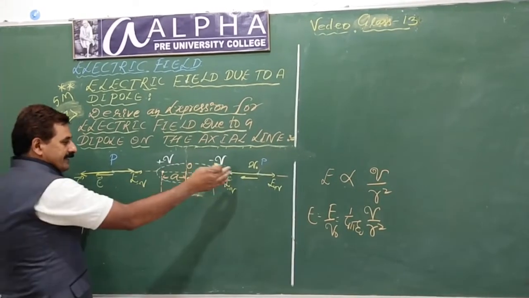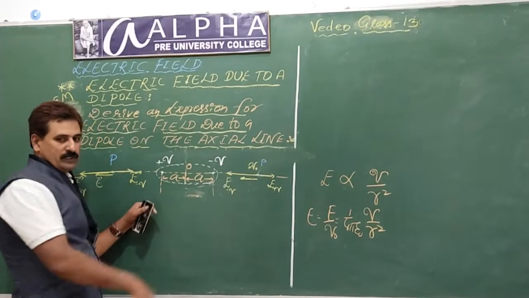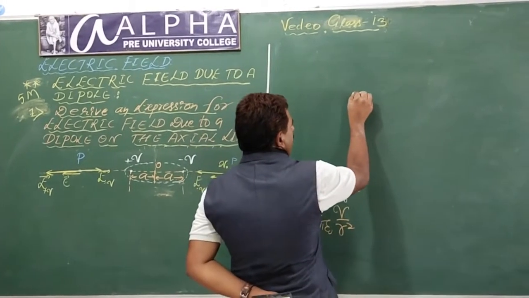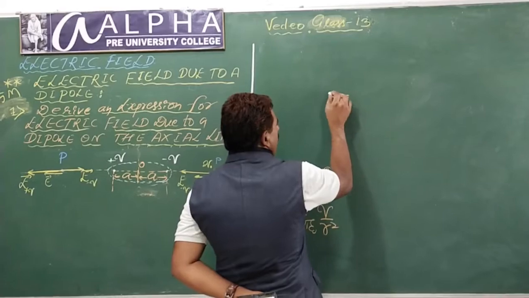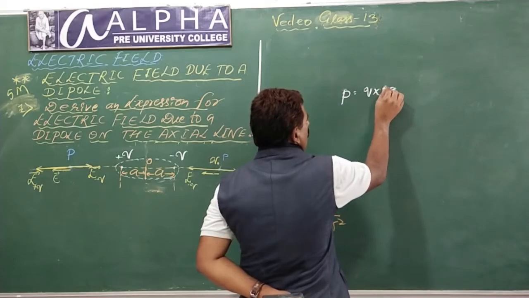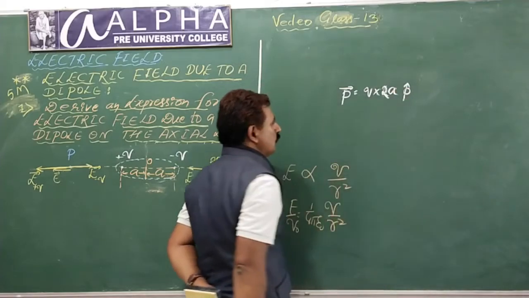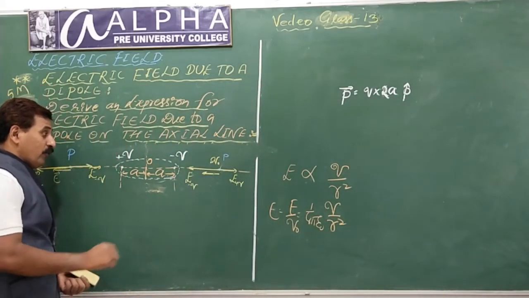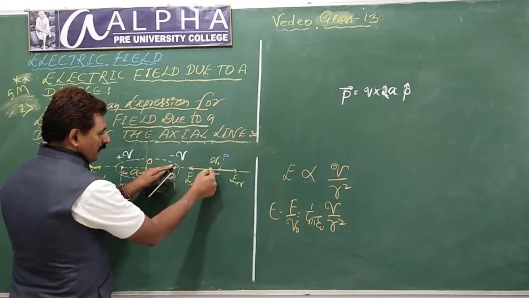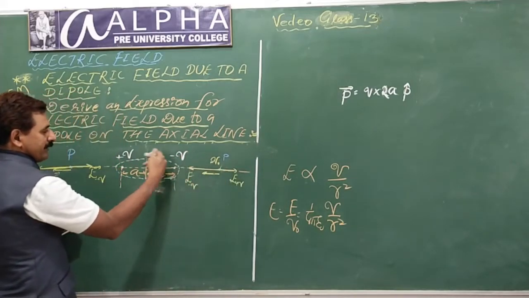Right? On this side, the electric field is to the left. Left means what? Minus Q to plus Q. That's why students, when you define the dipole moment as the product of charge and separation, 2a Q, define it as a vector. Direction is from minus Q to plus Q. Why minus Q to plus Q? The electric field of the dipole is along minus Q to plus Q. See the explanation? This attracts with a greater force. This repels with a lesser force. Effective value to the left. Left means minus Q to plus Q.